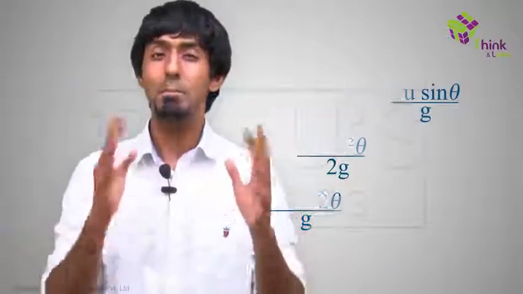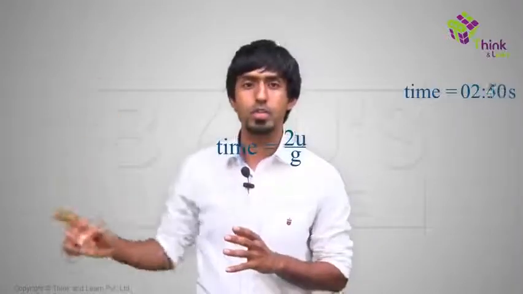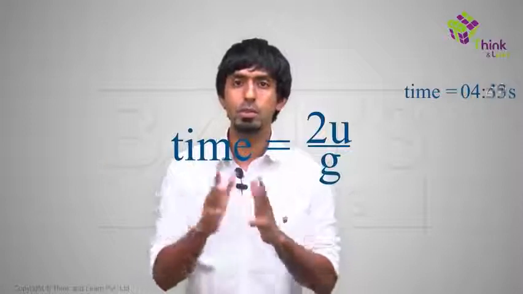Now don't remember these results. Why? Because remembering or recollecting these formulae takes longer than deriving them. You want to see how? Let's say you want the time of flight. You know a ball thrown up at u takes u by g to go up, u by g to come down, so overall 2u by g. Therefore, you'll replace u with u sin theta, 2u sin theta by g. You're done, right?